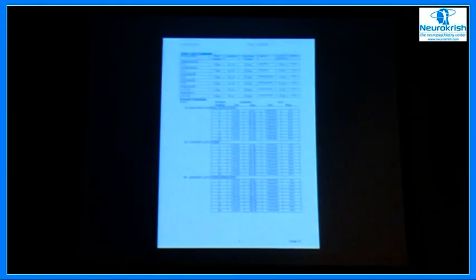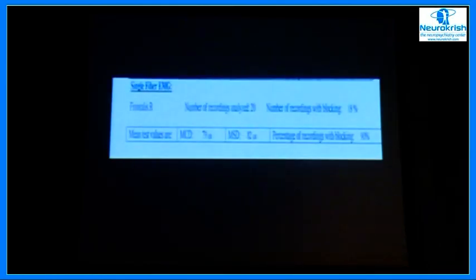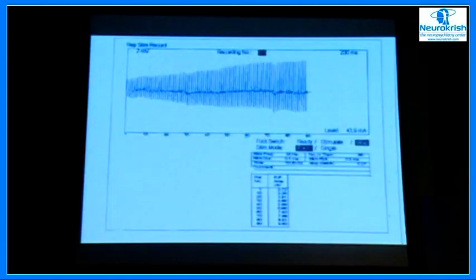From the median, ulnar, and RNS at 2 Hz had actually shown a positive decremental response. Single fiber EMG showed an abnormal jitter, and you can see the 2 Hz stimulation showing decremental response and the 30 Hz stimulation showing an incremental response, significant incremental response. This is one of the slides I had borrowed from Montreal, which is showing significant incremental response. Again, if you don't have RNS facilities, you can do a post-exercise incremental response.